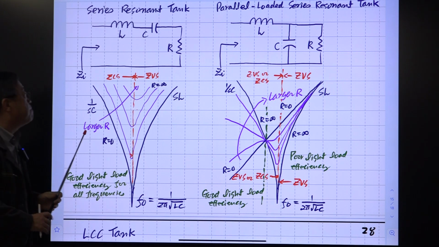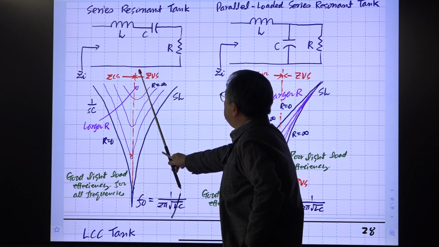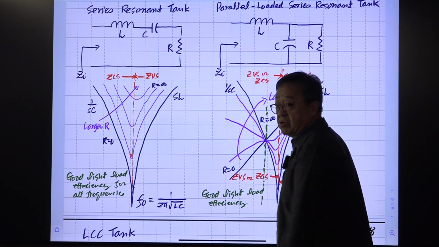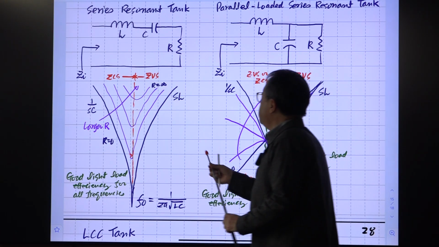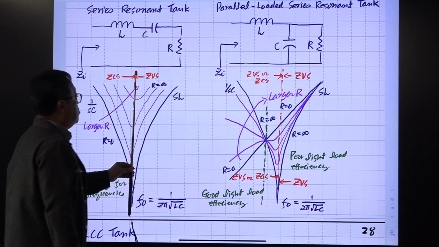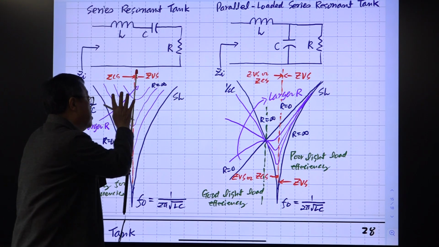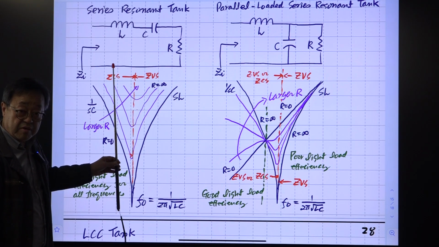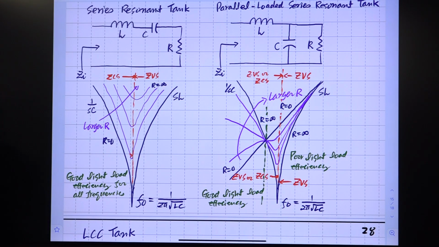Take a look at this. The magnitude of the input impedance is proportional to R. So good line node efficiency is guaranteed for all the frequencies here, all right? And take a look at this. This is the boundary between GBS and GCS. The right-hand side of this is the GBS area. The left-hand side is the GCS area, all right? So this obeys our rule. Okay, simple example. It obeys our rule.